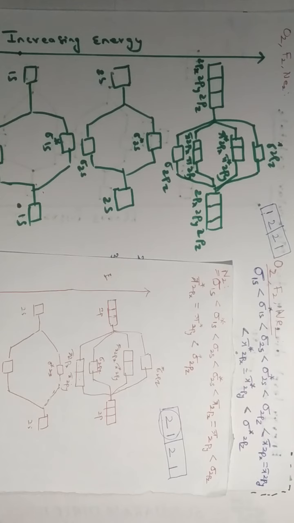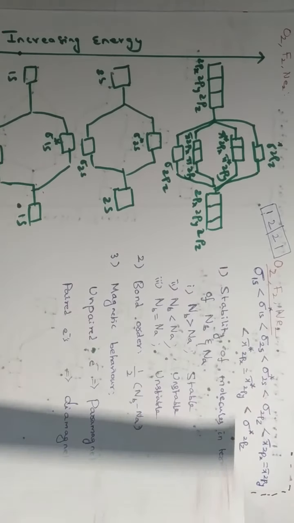Whereas in the case of oxygen, fluorine, and neon, the energy difference between the 2s and 2p orbitals is not that small. There is a decent energy gap between them. Therefore, there is no problem of repulsion between them. In other words, in oxygen, fluorine, and neon, there is no 2s and 2p overlap. That is, 2s and 2p will not mix. The energy difference between them is quite large. So, therefore, the molecular orbital energy diagram for boron, carbon, nitrogen, and oxygen, fluorine, neon differs.